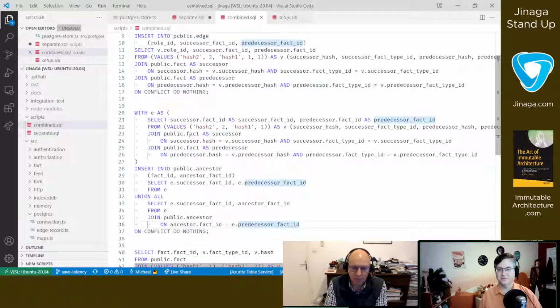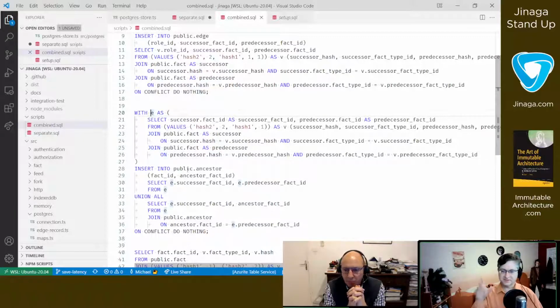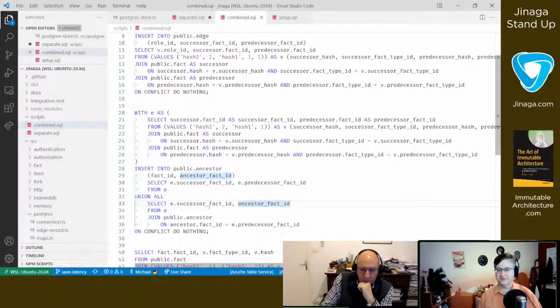So that's the same set of code as you see up here. So all that should be the same. And so that means that that E, now this common expression, is going to have our successor fact ID and our predecessor fact ID. And so we can insert that directly, and we can join that to the ancestor in order to get its ancestor fact IDs.